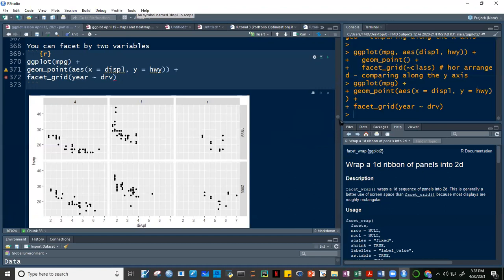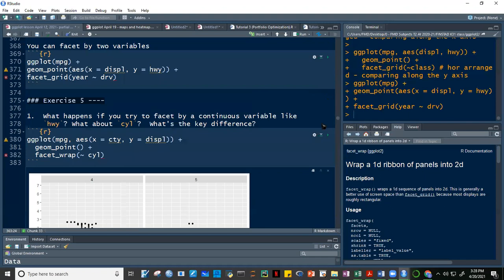But ito, mukhang kaya naman, no? Kaya namang, it just takes a little time, no? Rather than just a one-dimensional plot or two-dimensional plot, guys. Hindi kagad. Kasi ito, bali yung highway, yung displacement, plus yung drive at saka yung year. So 3 to 4 dimensions ng data yung tinitingnan natin dito. Okay. Alright, so